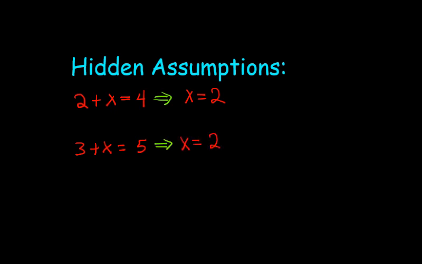So what are some hidden assumptions that we normally make about problems in this case? Well, the teachers assume that if we give you 2 plus x equals 4, then x equals, drumroll please, bingo. And if we give you 3 plus x equals 5, then it must also be true that x equals, right. If you didn't get 2, no worries. And if x plus 8 equals 20, then it must also be true that x equals,